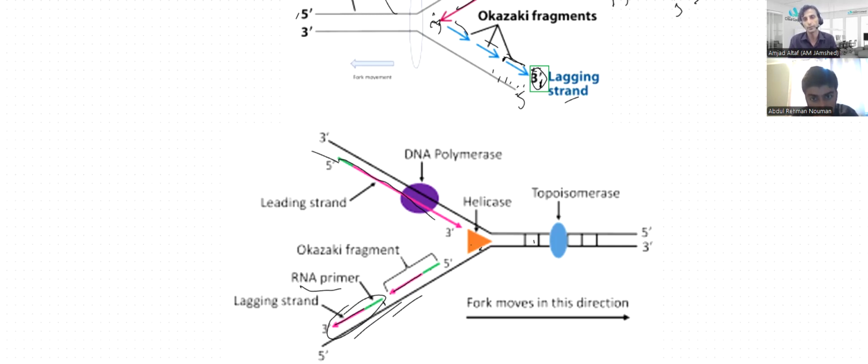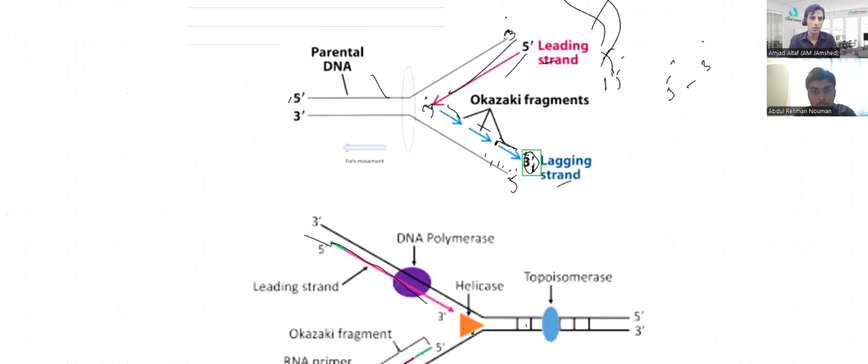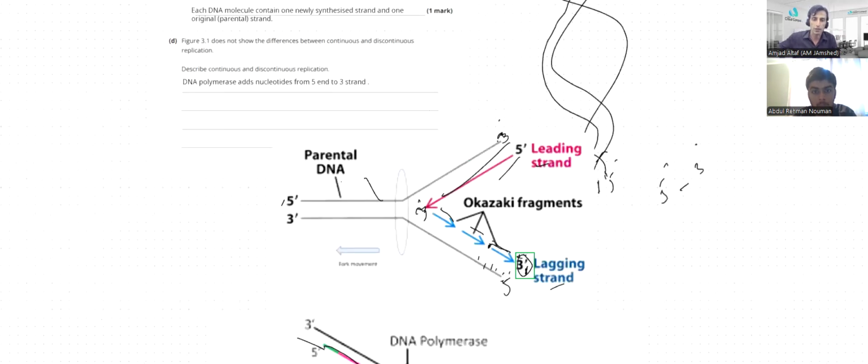Are you getting this? So just based on this, you can answer this question now: describe continuous and discontinuous replication. How will you describe this? I can give you direction for this, on what you need to write here. You have to keep in mind the leading strand first. There are two strands: the leading strand and the lagging strand. What you need to say, if we are saying the difference between continuous and discontinuous,